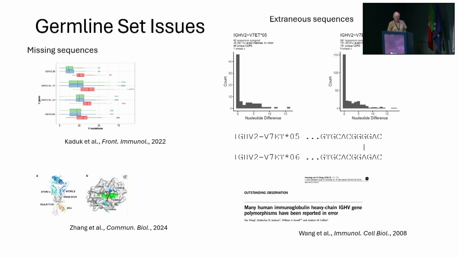Well, first of all, there are quite a few sequences missing from even the best germline sets today. I mean, human IG, which we've studied perhaps more than anything else, we still find multiple what we call novel alleles, previously undocumented alleles, every year. And this affects annotation. I mean, even at the most base level, if you annotate a repertoire with a germline set that's missing key alleles in that repertoire, you get a misleading idea of the mutation levels